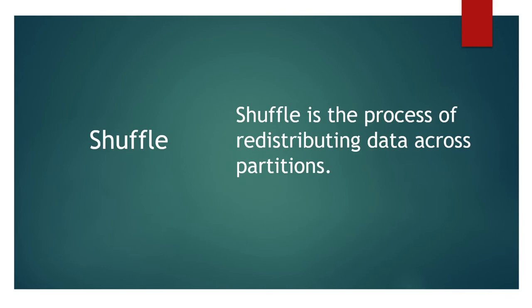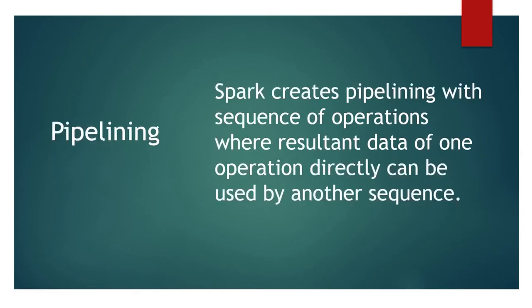The other one is writing shuffle data. For all shuffle operations such as repartition, join, co-group or any of the by or by key operations, Spark tries to write the data to stable storage, for example on disk, and that data can be reused across multiple jobs. We will talk about pipelining and shuffle write in detail now. Let's go and talk about pipelining.